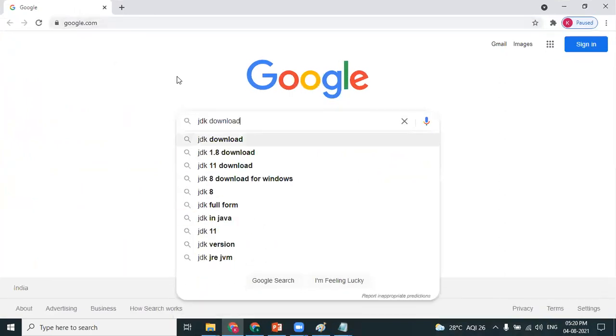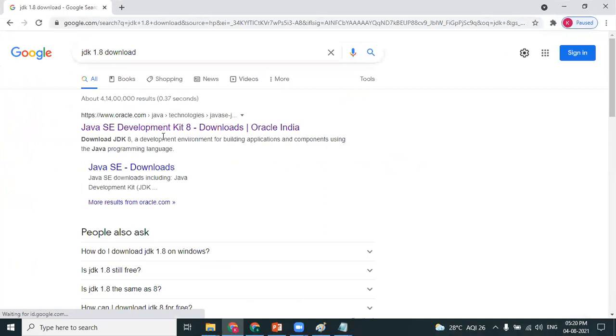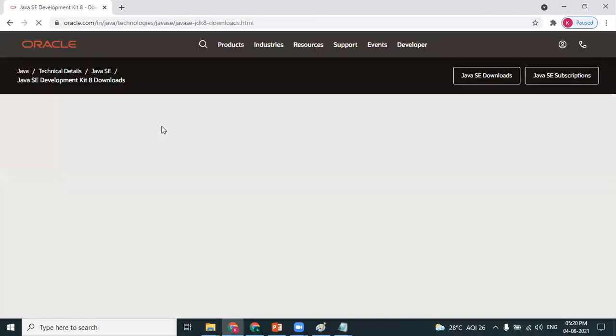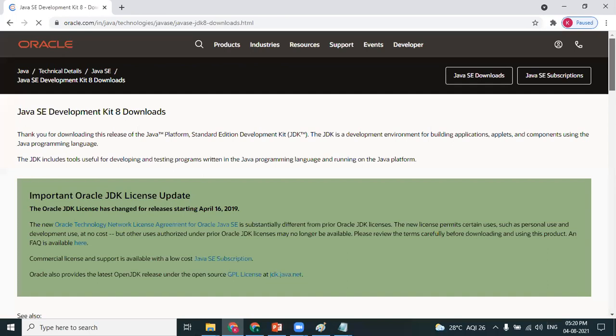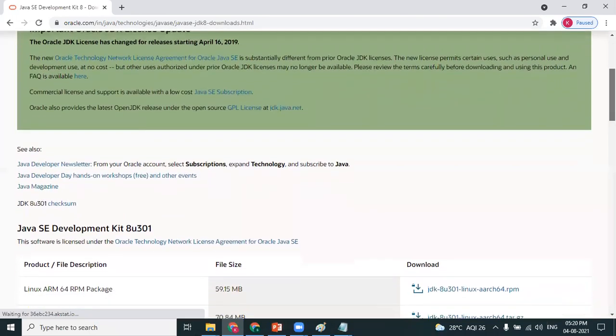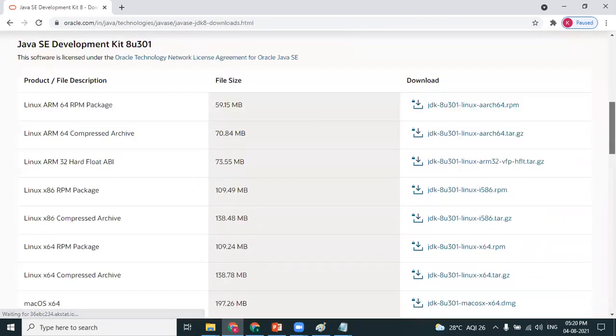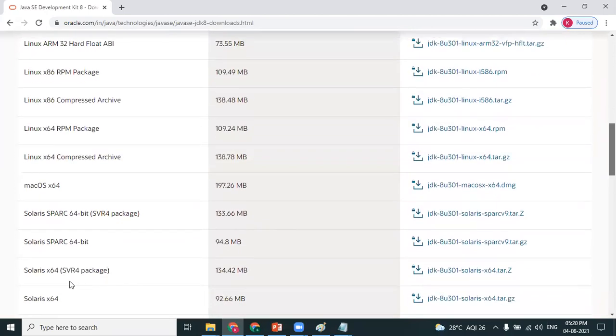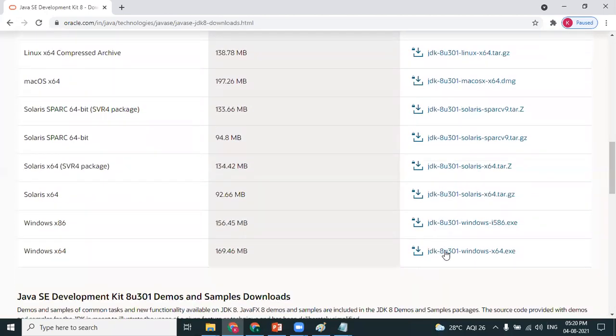JDK 1.8 or above, anything is fine. My laptop is Windows operating system, which is 64-bit. Yes, this is the link which helps you download the JDK 1.8 of size 169 MB.